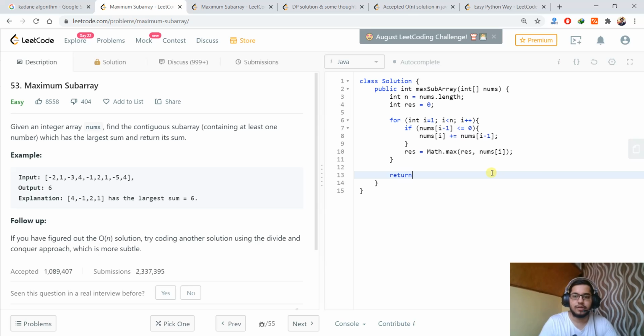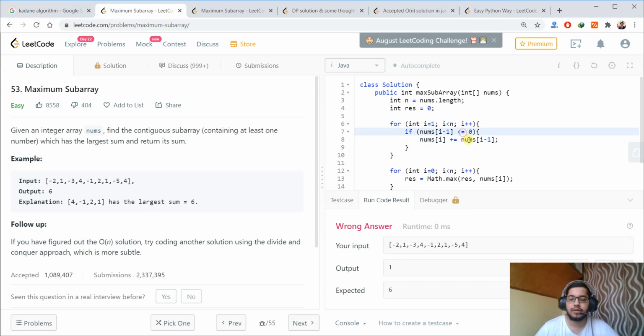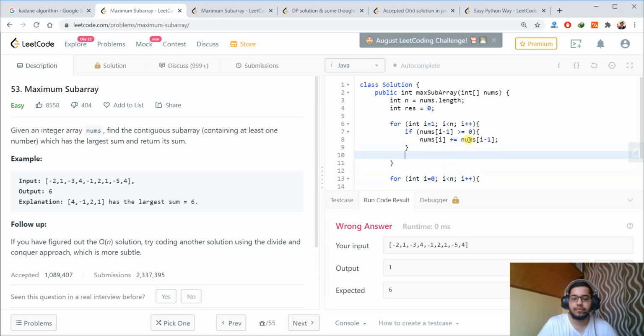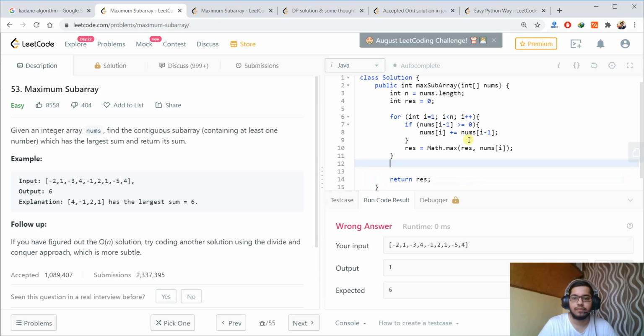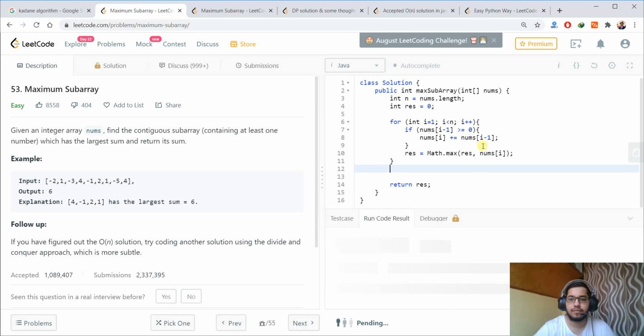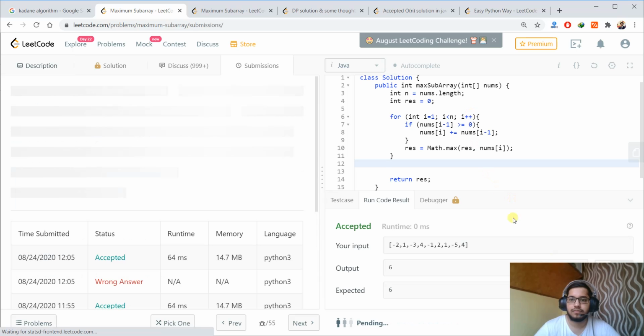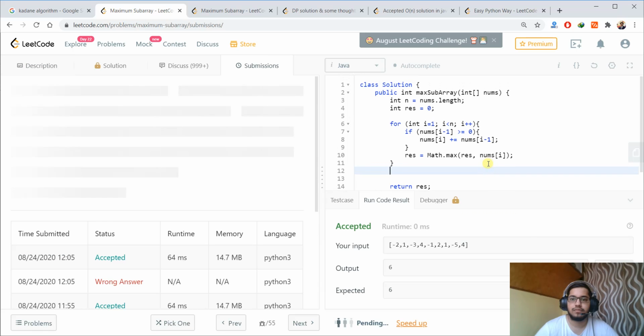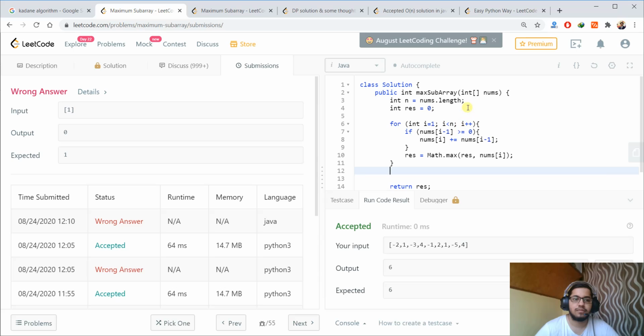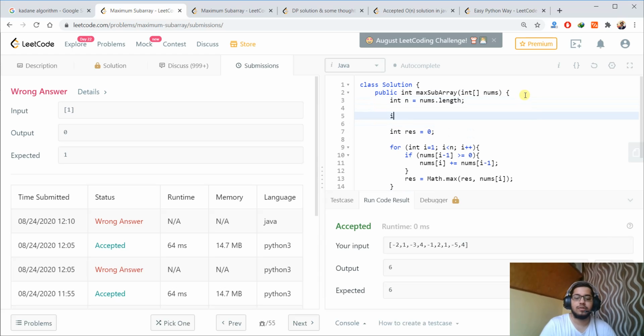And we will return the result. We have to check the base cases also. That is, if n is equal to 0, we will return 0.